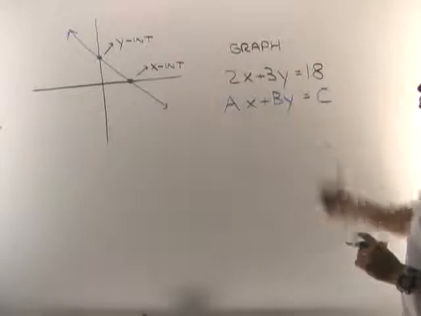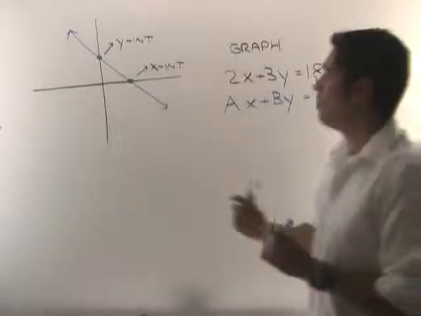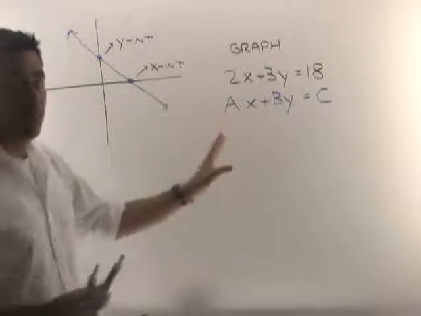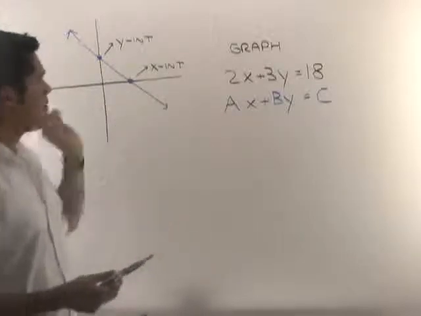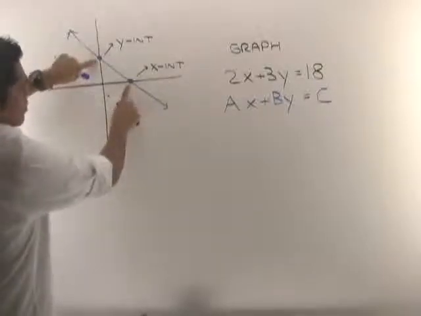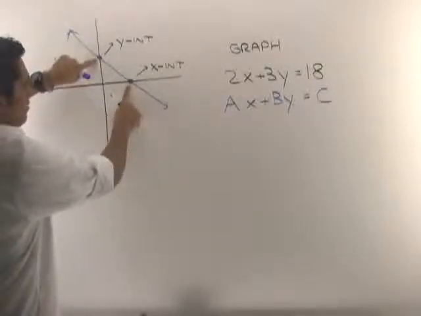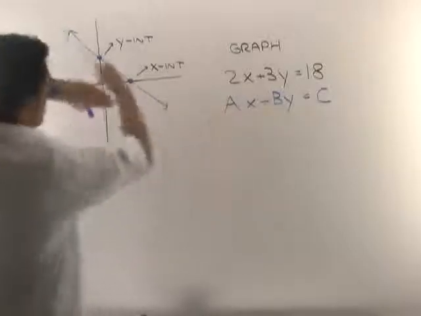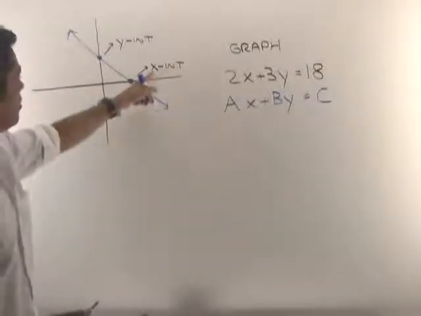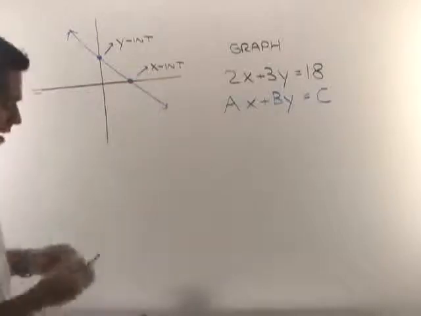Now in order to do this we're going to utilize the technique where we can identify the x and y-intercepts. Now this is one technique, there's several others that you could use, but we're going to use this technique. So if we can find this point and this point where it intercepts the x-axis and y-axis, since we know it's linear, then we can just draw a line through it. So to do this, first of all, what we're going to do is find the x-intercept. And to find the x-intercept,